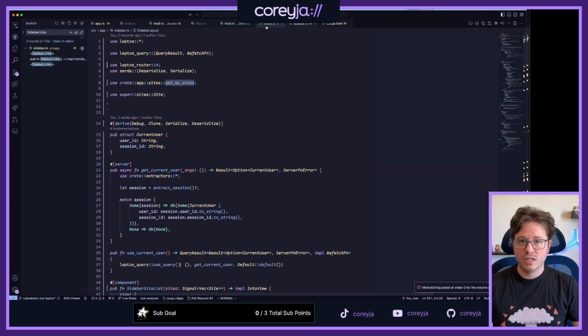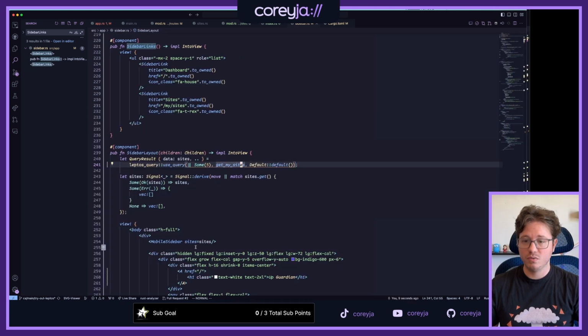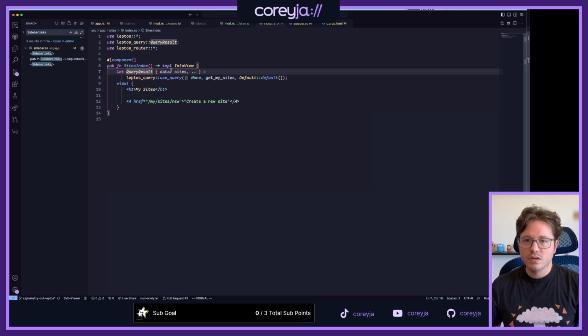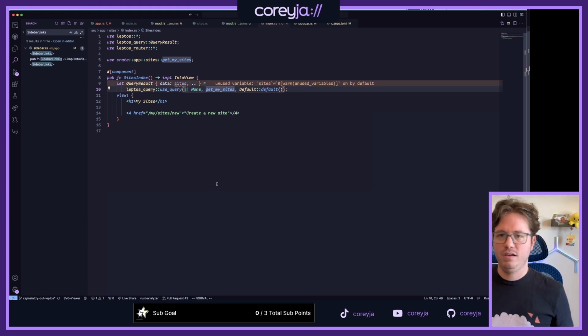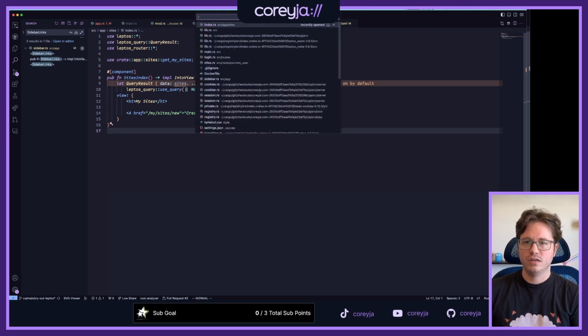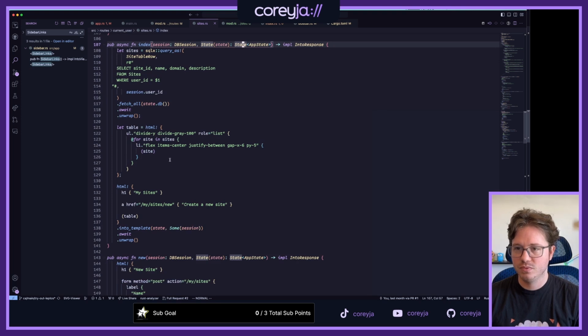Love it. Okay, so then in sites index, I can have something that actually looks a lot like where I just came from. For sites, no limit here though. This can do whatever. Import that. Import get my sites. Awesome. Okay, so we have the sites, and I wanted to just look at what the index was in a different spot. This, awesome.